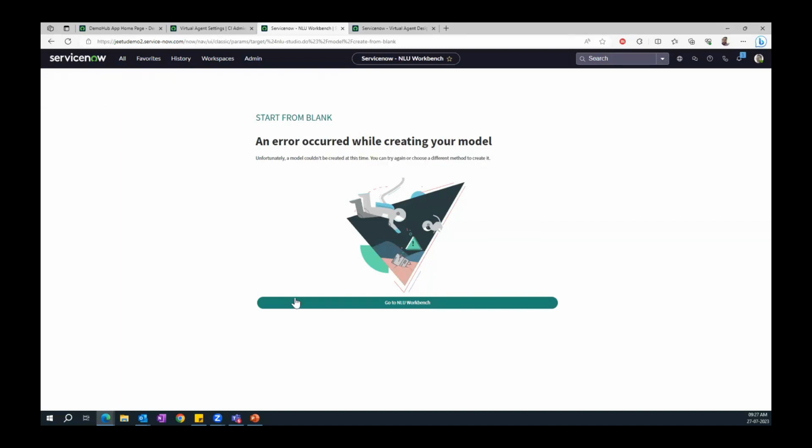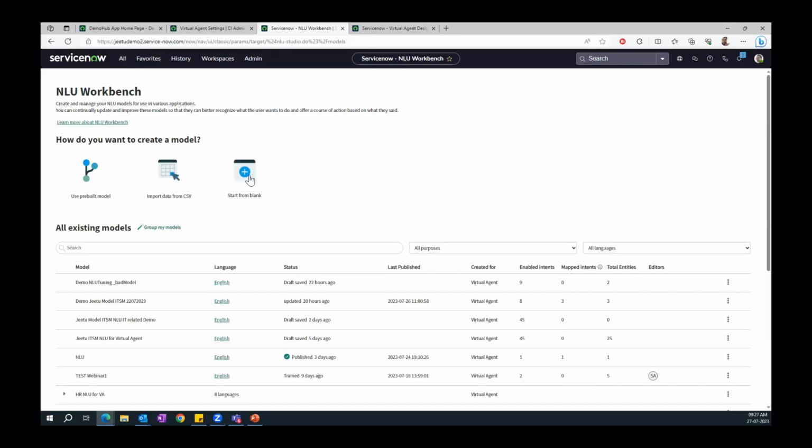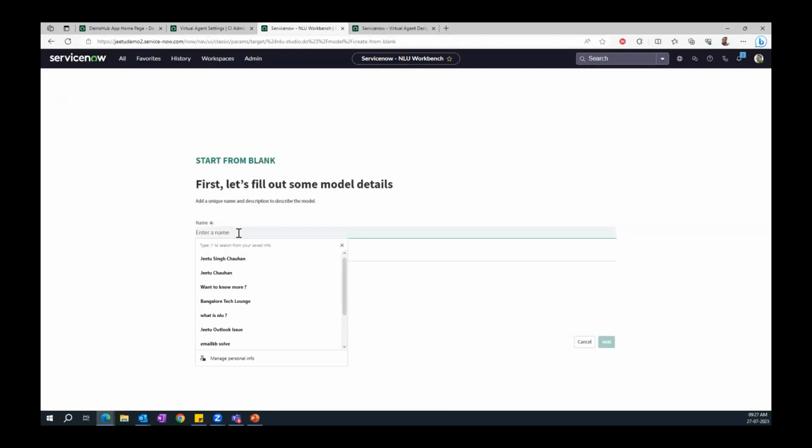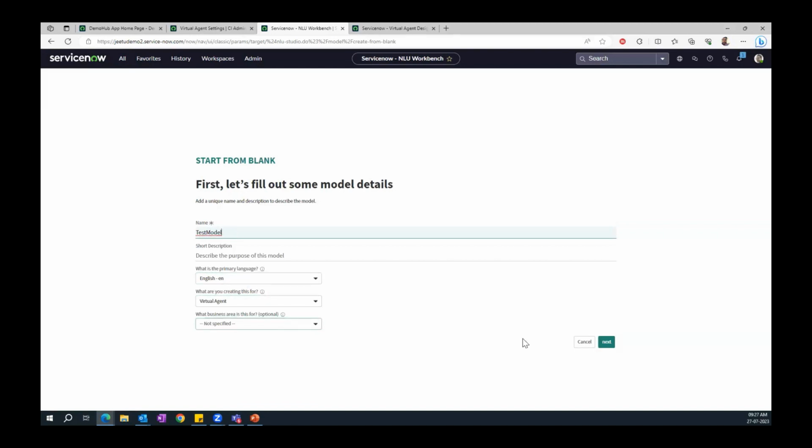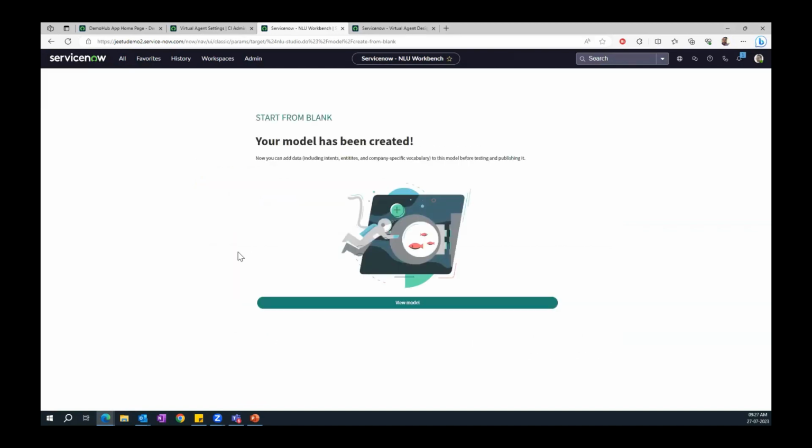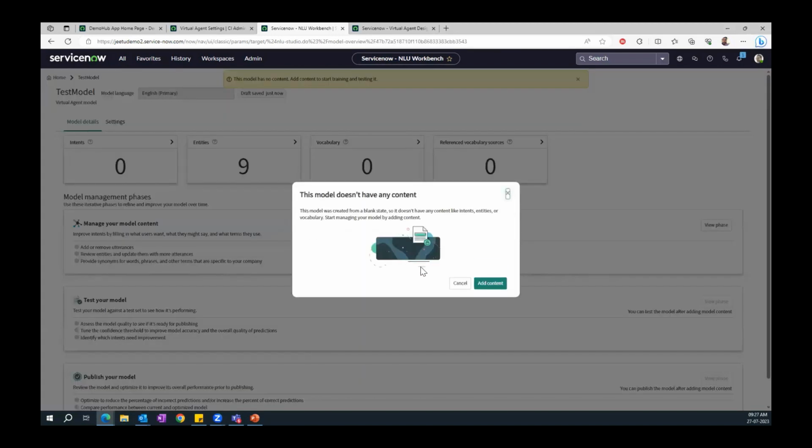Okay, some error. Maybe some test model, and say next. Yeah, this time it's created. This is our blank model. It's telling me there is no content. Yeah, I know, because I created a blank model.